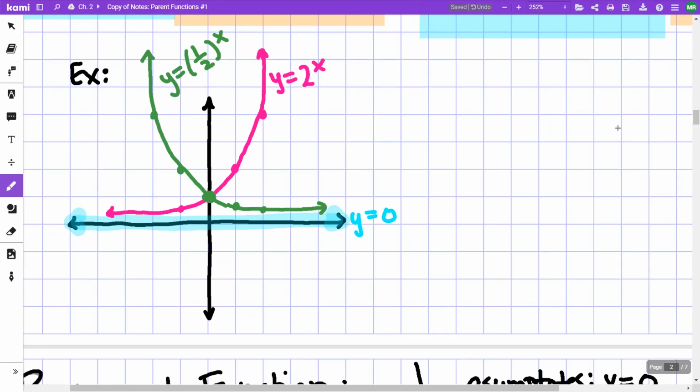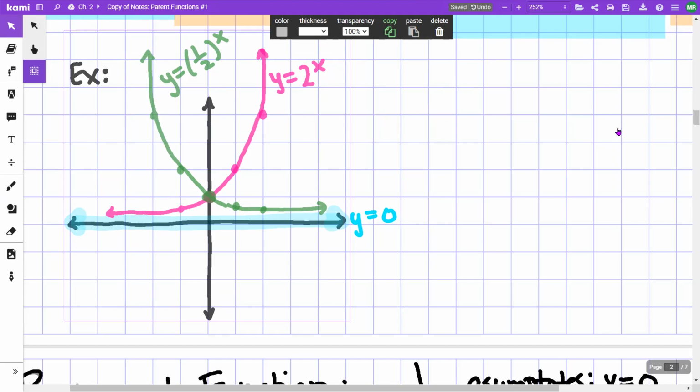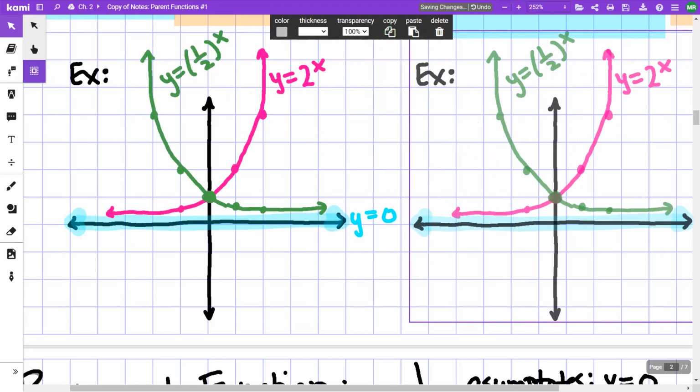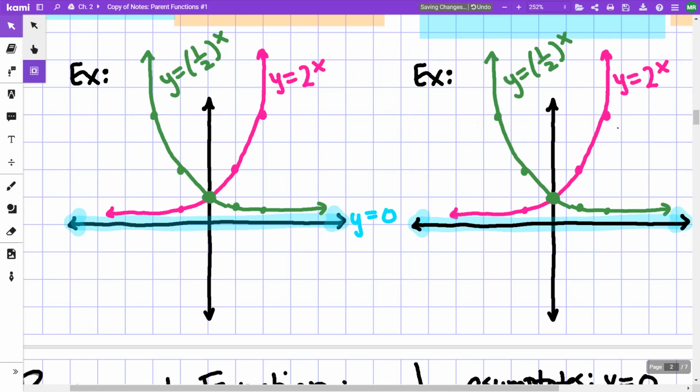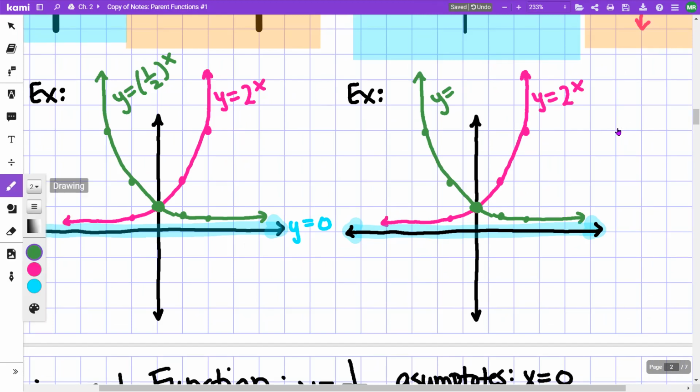Okay, and that's going to be true for a 3 and a 1/3, or a 4 and a 1/4, and so forth. Now, another way to think about this, okay, I'm just going to copy this. Try to copy one more time. So another way to think about this, the same 2 graphs, okay, but instead of thinking of this as a 1/2 to the power x, okay, what I want us to understand